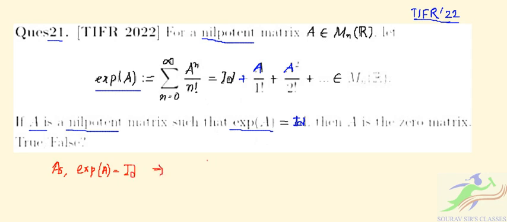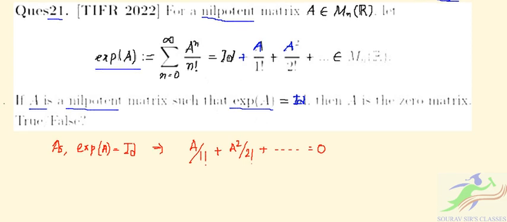This implies that A by 1 factorial plus A squared by 2 factorial plus up to A to the power m by m factorial is equal to 0,